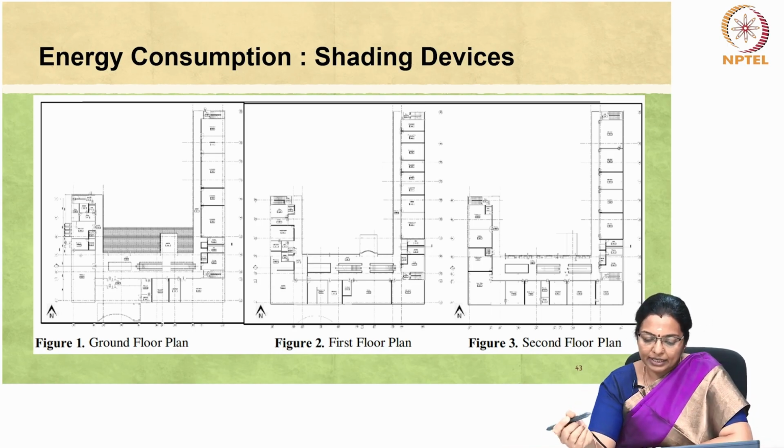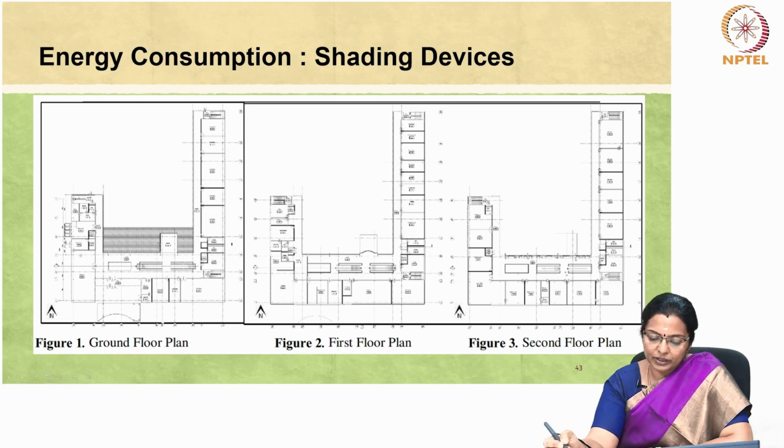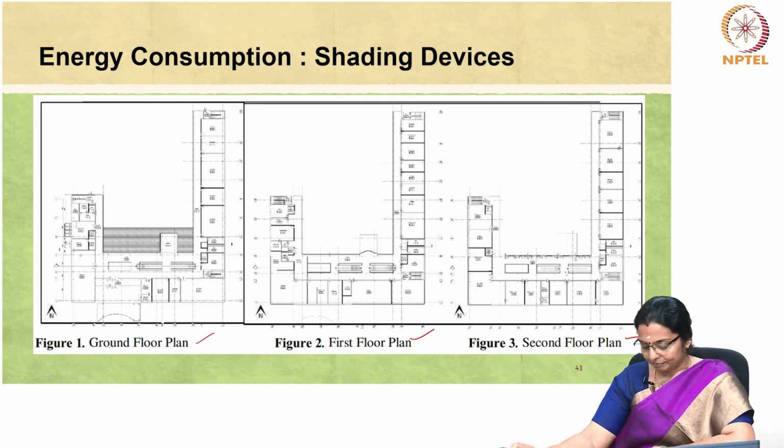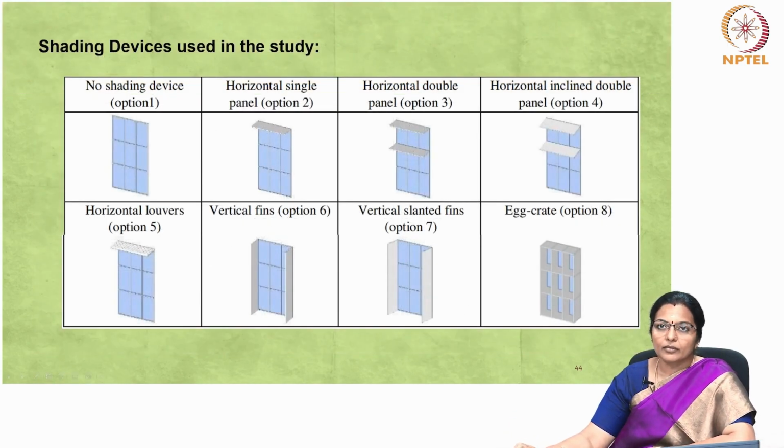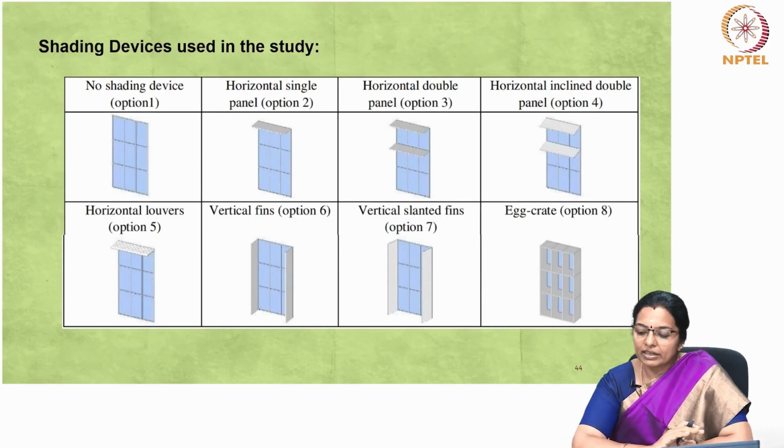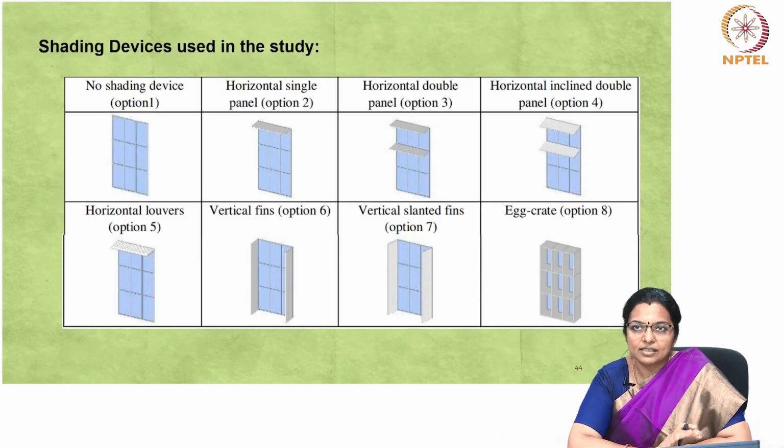This study was conducted on an office building, and the floor plan of this building is as shown in this figure. So, the ground floor plan, the first floor plan and the second floor plan are shown here. So, 7 shading device models were examined and they represent the common forms used in buildings in this part of